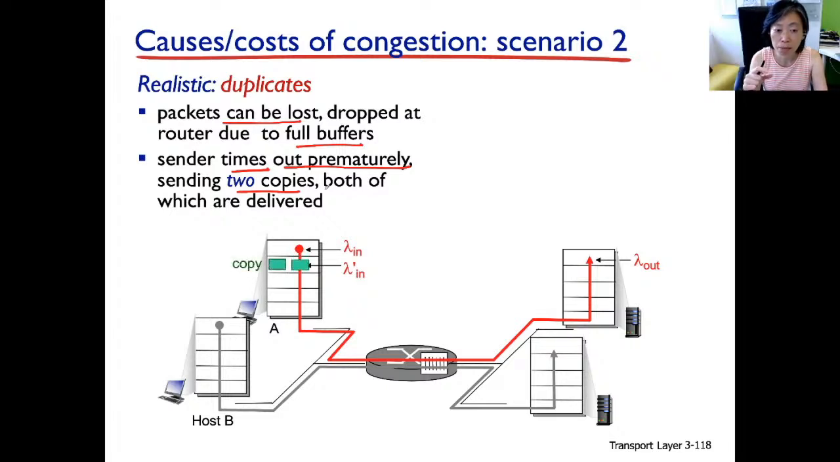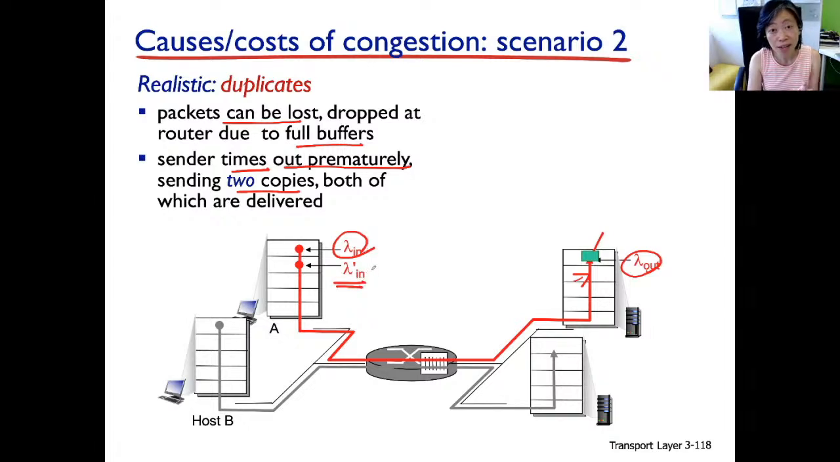Data coming from the application layer process, we keep a copy at the transport layer sender just in case we need to retransmit. Now let's assume that the buffer is free, but in case the timer is too short, we time out prematurely. We end up sending 2 copies of data here, okay, while only one copy of it will be arriving at the application layer. So lambda out remained the same as lambda in, but we see here the lambda in prime,